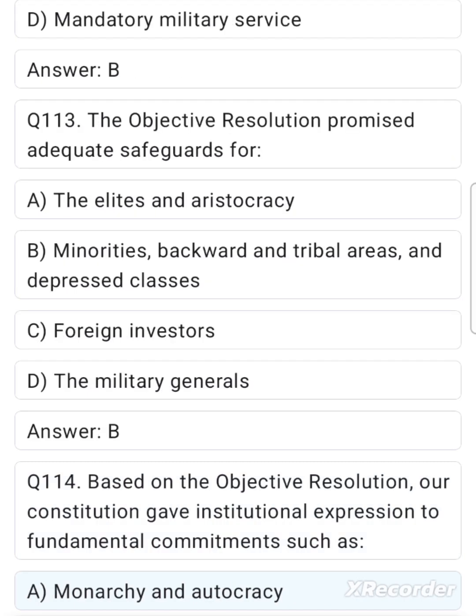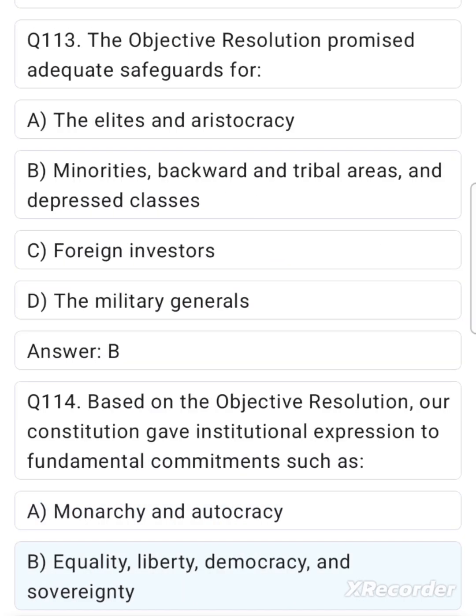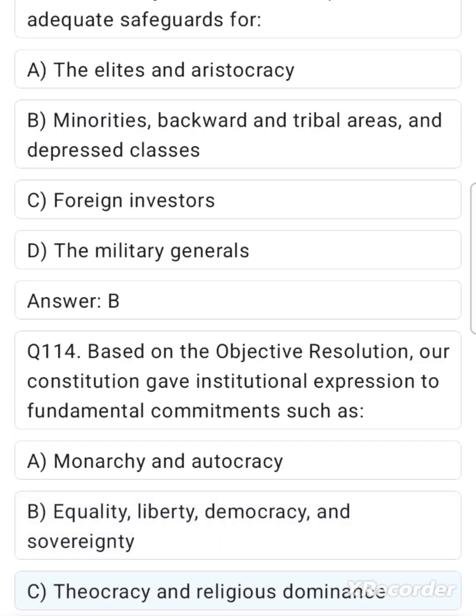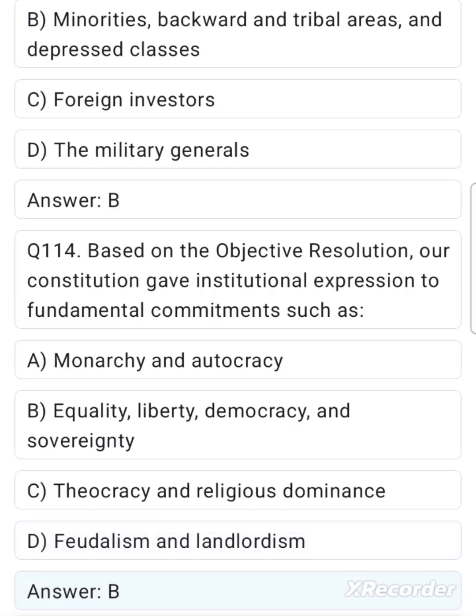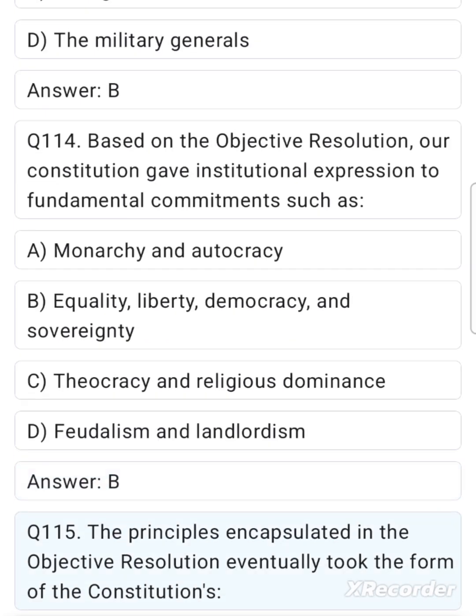A. Monarchy and autocracy. B. Equality, liberty, democracy, and sovereignty. C. Theocracy and religious dominance. D. Feudalism and landlordism. Answer: B. Q 115. The principles encapsulated in the objective resolution eventually took the form of the Constitution's